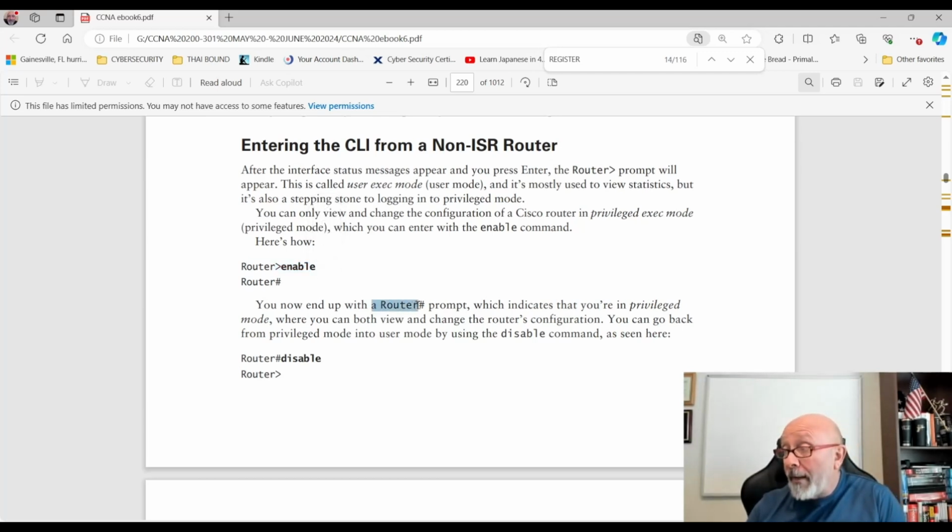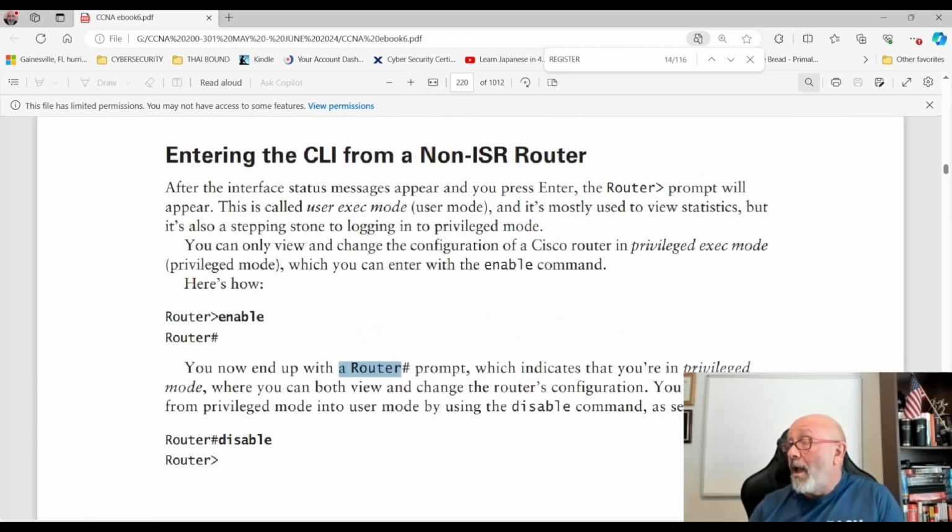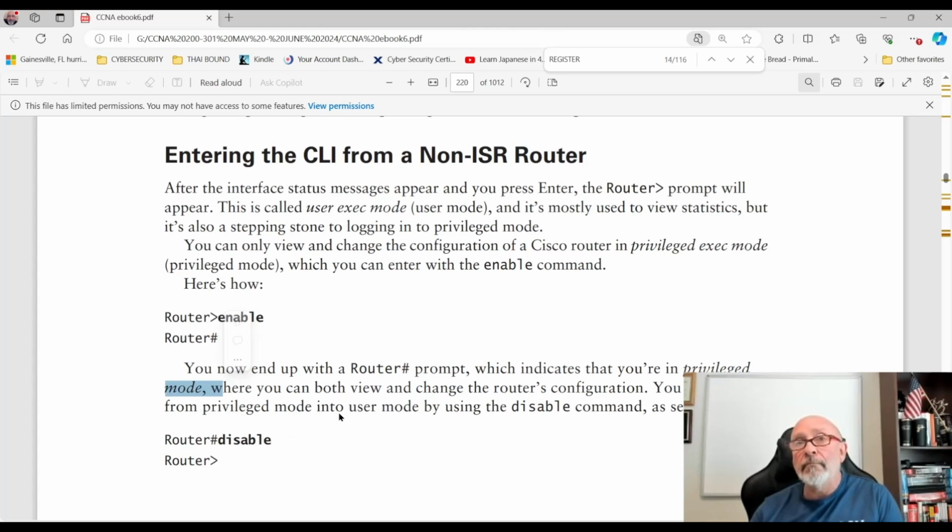This prompt right here is called what? What does it say here? Let me zoom it in so you guys can see it. Privileged mode. I was going to stay in silence for a little while. Moment of silence. Okay? Privilege mode. It's when you're in here that you type enable, not enable mode. That's something they made up in the CCNA 200-301, or I think it started in 200-125. Whatever. You just answer what you need to answer for your test, but there it is, right there.